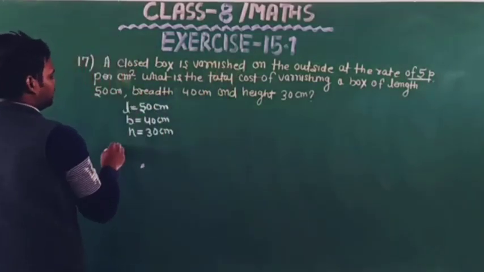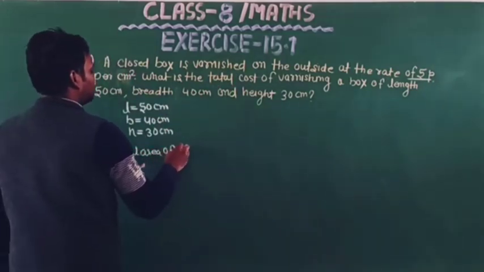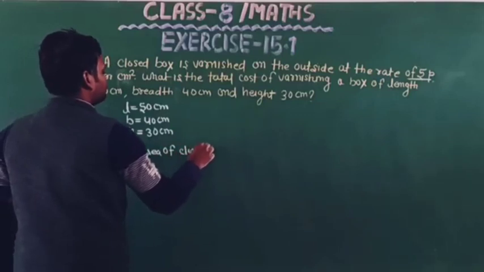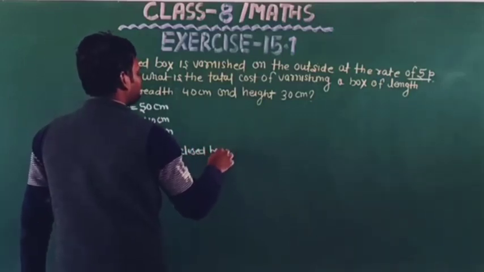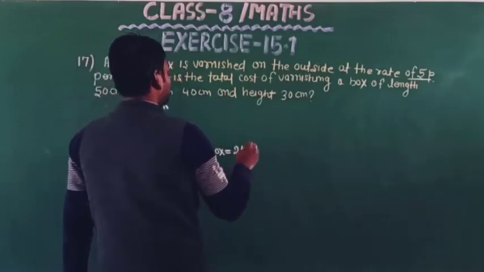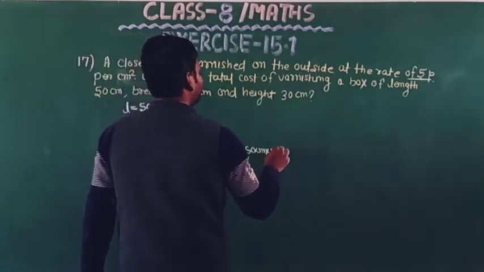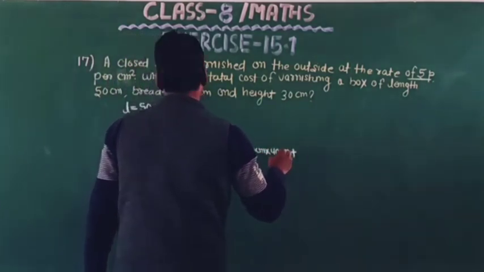So total area of the closed box equals 2 into LB, which is 50 centimeter into 40 centimeter, plus